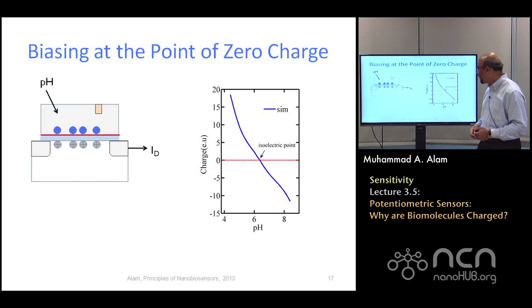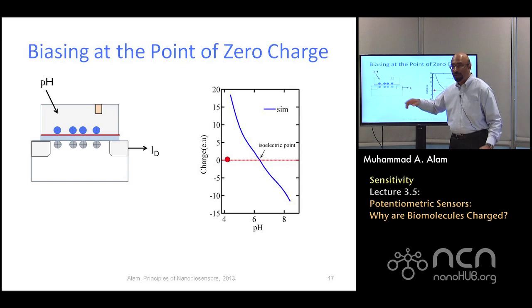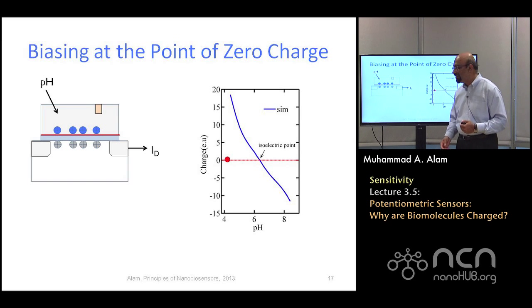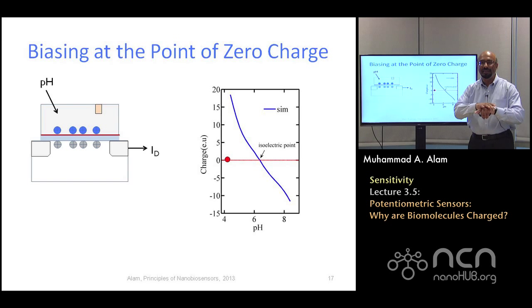Well, you know the answer. The answer is that for that particular surface, like on silicon dioxide, there is a point of zero charge. For example, in this case, let's say the point of zero charge is 4. So if you bring the pH to 4, remember originally we are not planning to change the pH because we said we'll be very careful, want to work with pure water. But it turns out that if you do change the pH, then all of a sudden the surface charge will disappear. There will be still positive and negative charges. They will balance each other out.